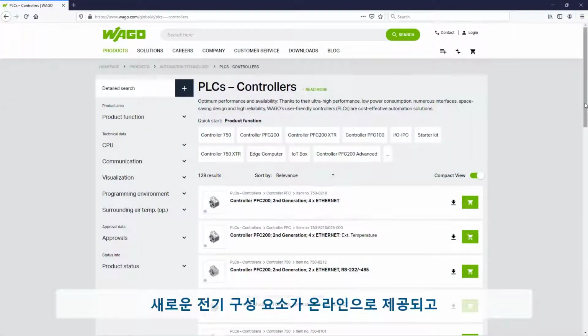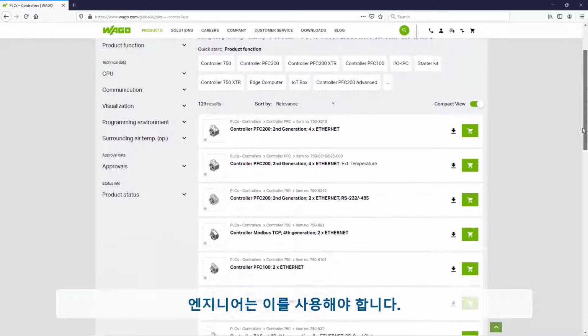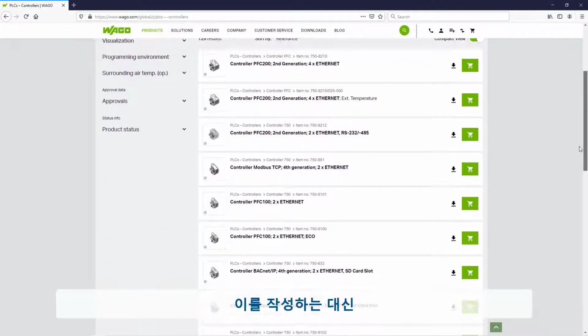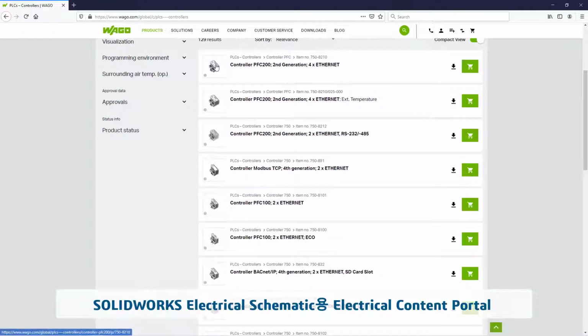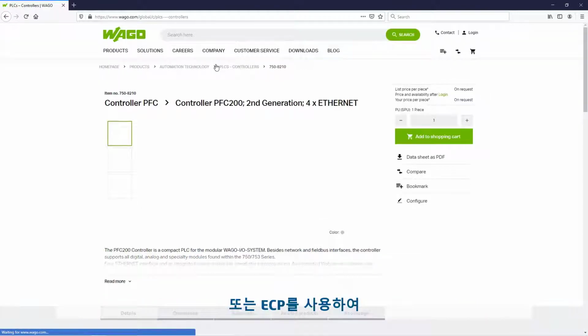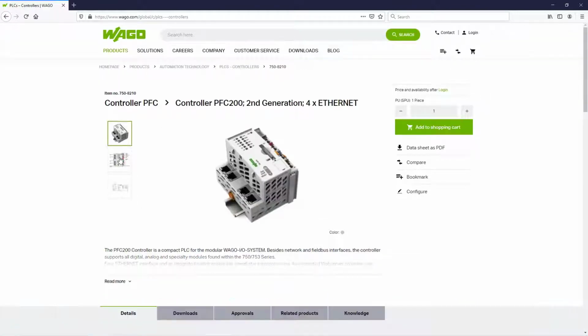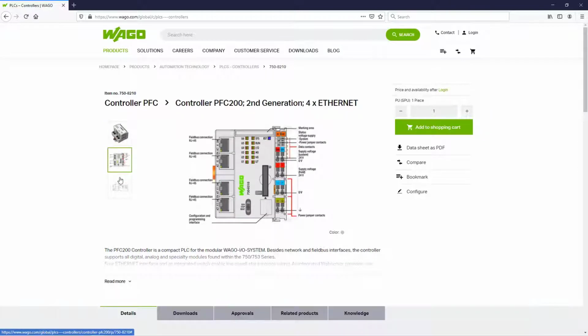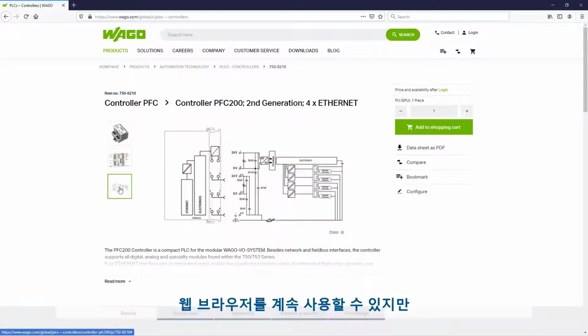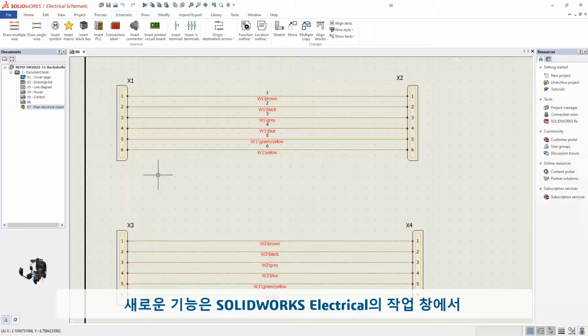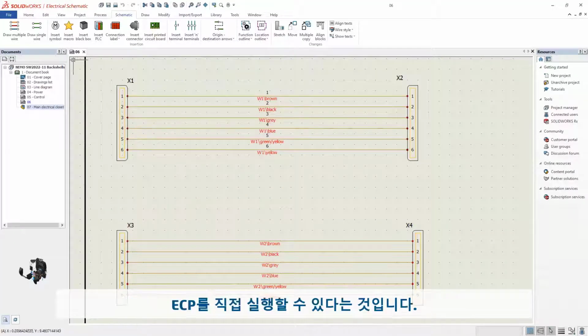New electrical components come online and engineers need to use them. Instead of creating them, you can search and download them using the Electrical Content Portal, or ECP, for SOLIDWORKS Electrical Schematic. You can still use a web browser, but new is the ability to run ECP directly in the task